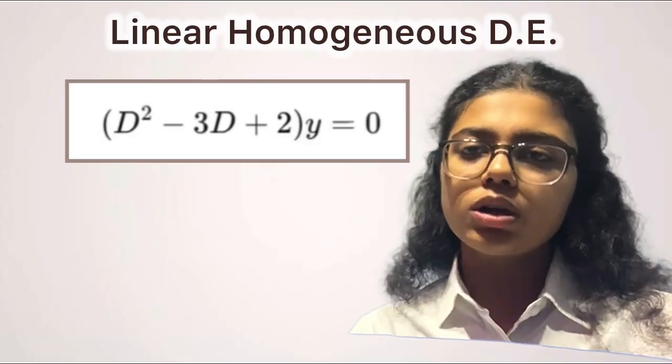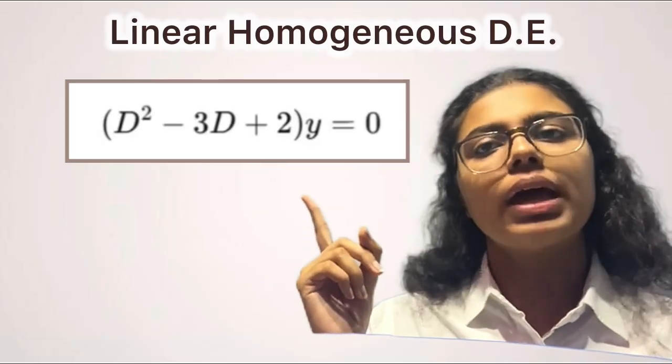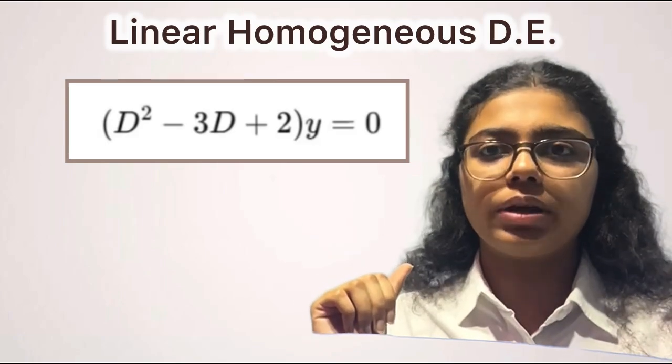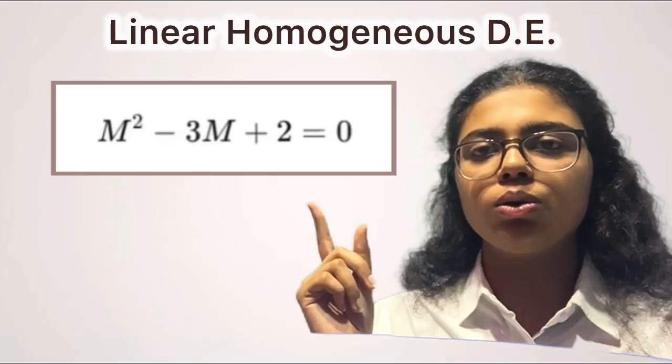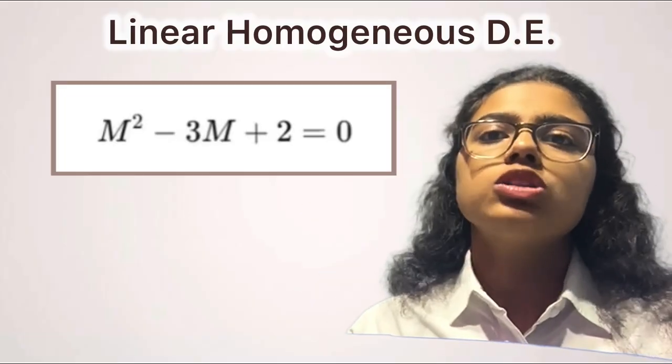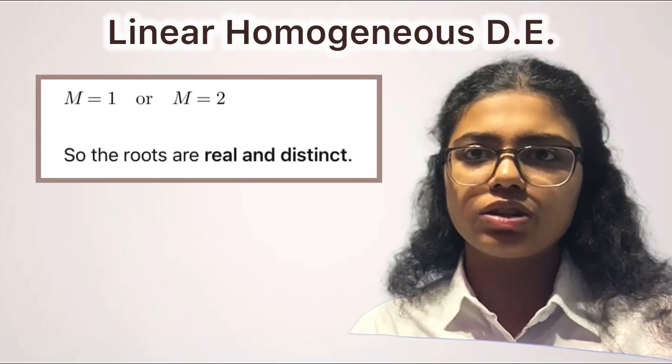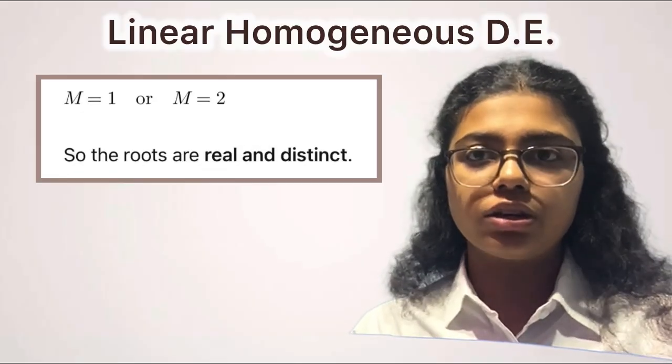We will now form an auxiliary equation where we replace D with any variable m to get an algebraic equation to find the roots. So m square minus 3m plus 2 is equal to 0. We get m as 1 and 2. Solving the auxiliary equation gave us the values of m which are used to build the general solution of the